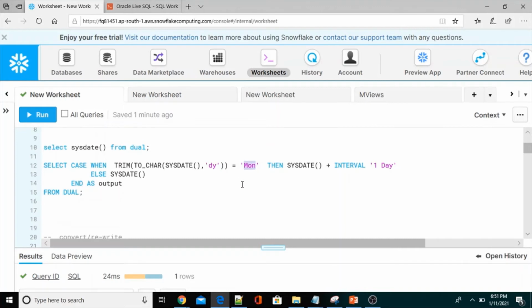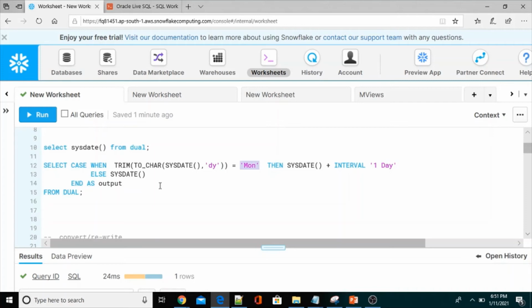Instead it always returns the first 3 characters, with the first character uppercase, that means initcap. So we have to use it like that, and change our query accordingly.